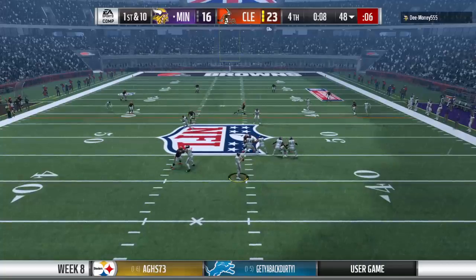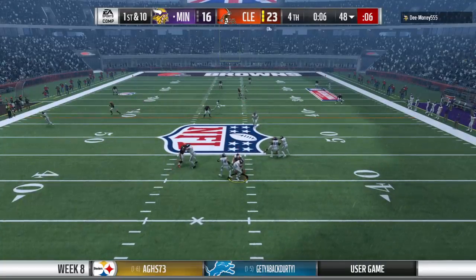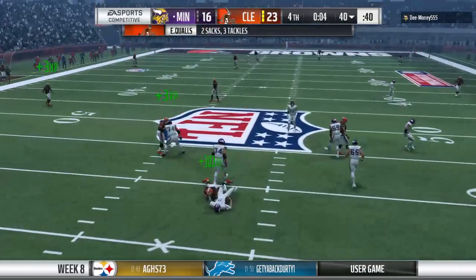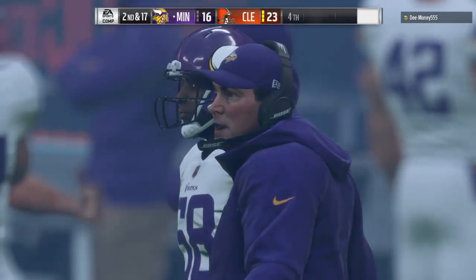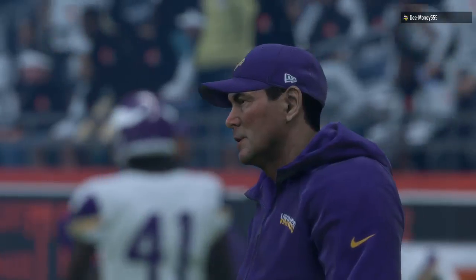Back to it after the pick 6. Cousins. And the Browns pressure gets to him that time, and he's going to go down. Brandon, I think you understand the type of afternoon this offensive line is having. It is a...